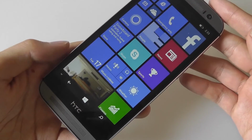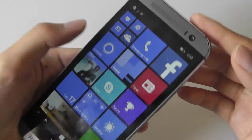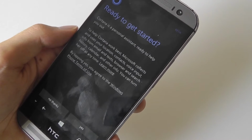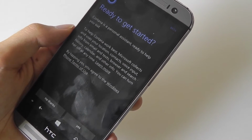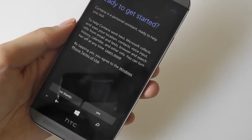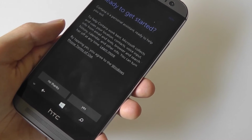One of the more interesting things with Windows Phone 8.1 is Cortana. That is the digital voice assistant, which is comparable to Siri on an Apple device, or on Android there are a lot of third-party solutions that you could download through the Play Store, and this does a respectable job if you want to ask things like the weather, or to search up something quickly, to send a quick text message